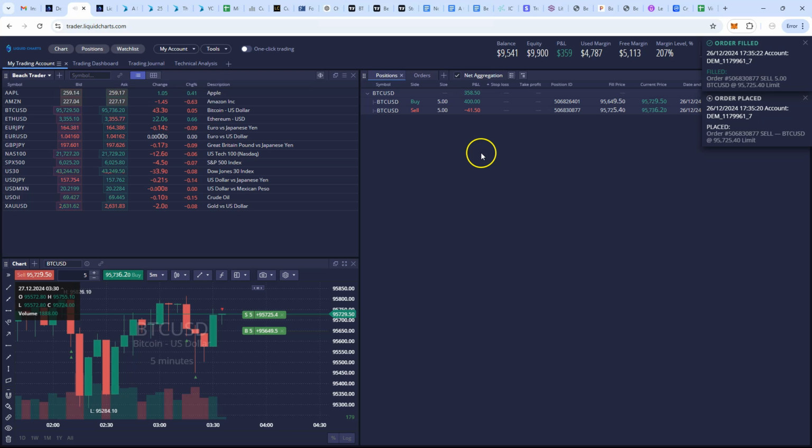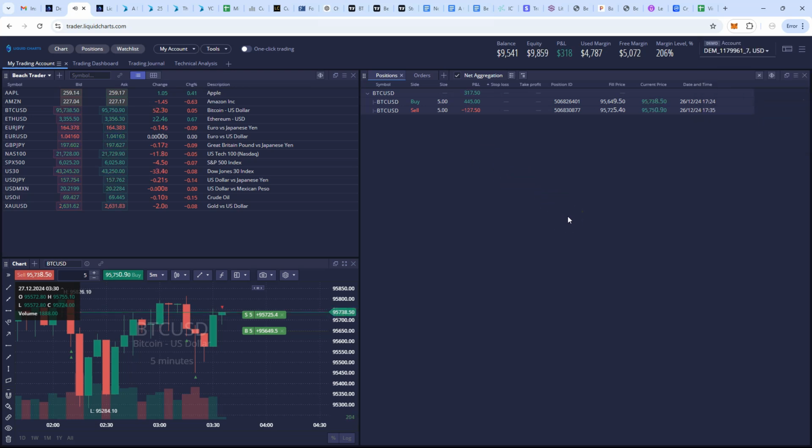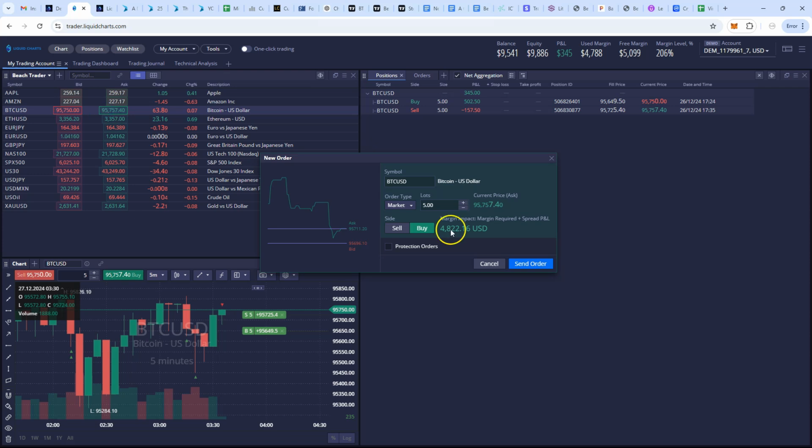And there it is. It hit that number and it started the trade. That's how fast it went up. Bitcoin moves really fast. So we're in that trade right there. We see it. Let's make another trade, and we're going to go down again, and we're going to do a